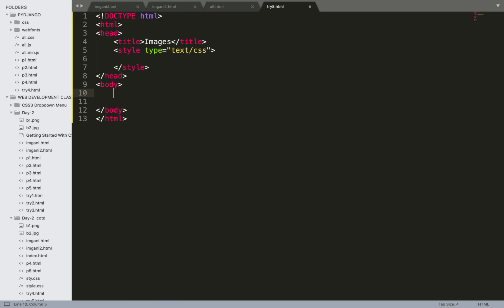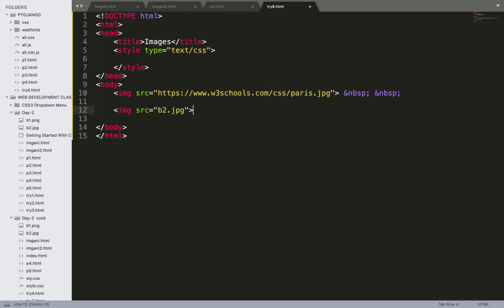And here I'll be adding two images with the img tag. I have already copied the link. One link has been copied from the web and another is present inside my hard disk.